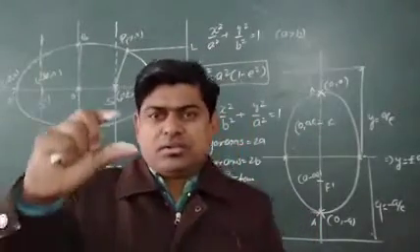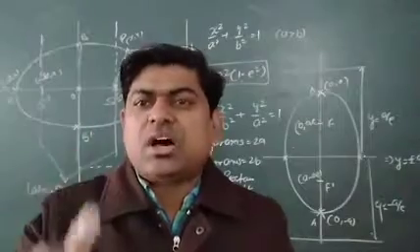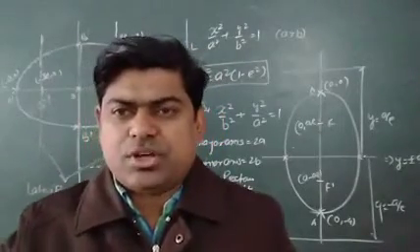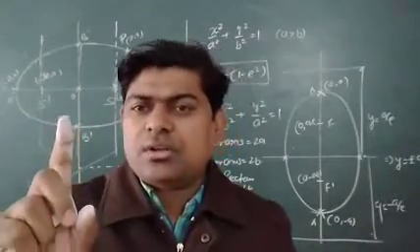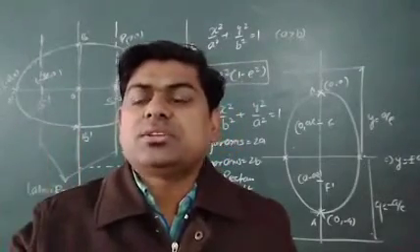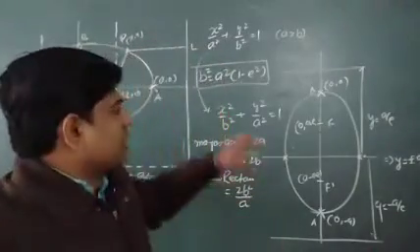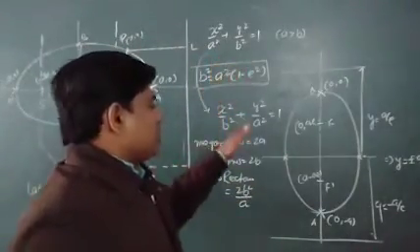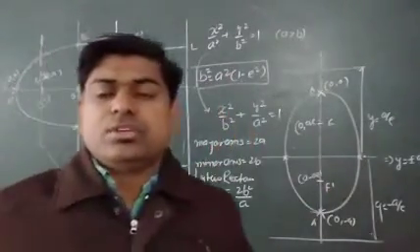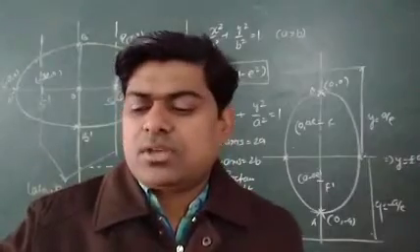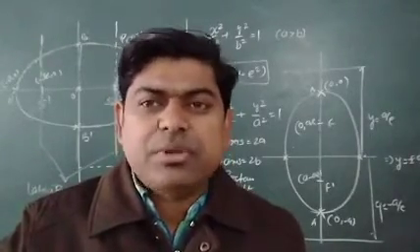If the denominator of the first term, means x square, is larger than the denominator of the y square, means the second fraction, then it will be horizontal, and if it is less than, then it is vertical. Okay. For horizontal, we will compare with this one. For vertical, we will compare with this one, and easily we can get all these required results. I am thinking, if I do one question depending on that, so many things will be clear.